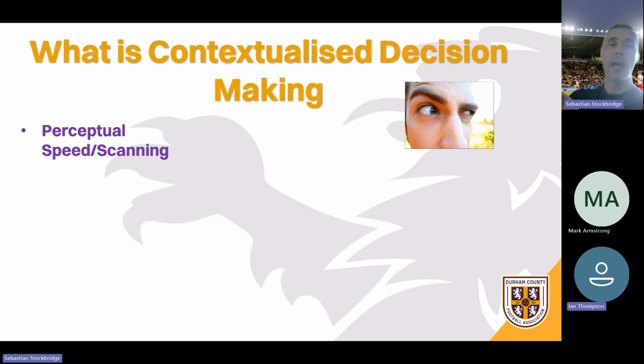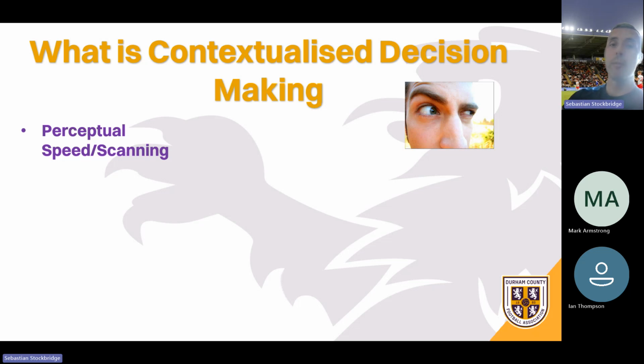Perceptual speed is just how quick you see something. Can you see out of the corner of your eye? You're always moving your head, checking over your shoulders at a safe time. So I always look at this as, if the defenders are passing the ball around the back, looking to ping a ball, and there's no one near them, you don't really need to look at them, because guess what? The ball can't commit a foul. So you need to be scanning for runs off the ball to help you with, is there a foul there?